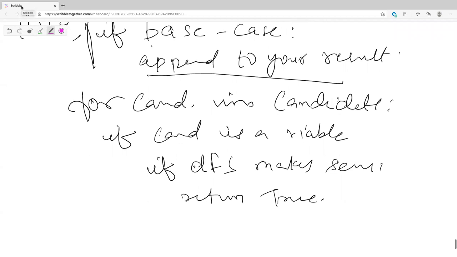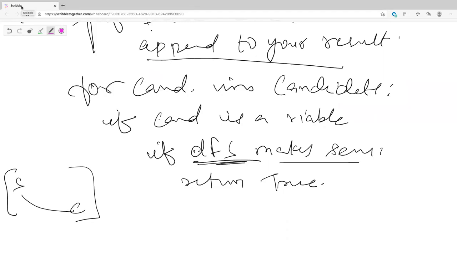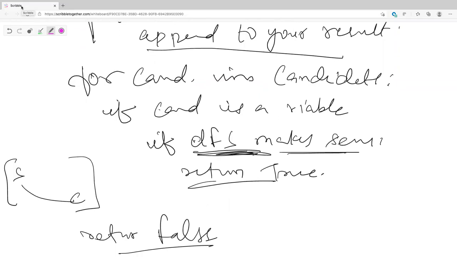For our subsets problems, we don't use an if condition or return true, but there are some cases in which you're going from the S to the E, trying to figure out if there's a way. You do a DFS call, and if this DFS returns true, you return true, or else you return false. And also, you're trying to make sure that you undo whatever your DFS call actually did.